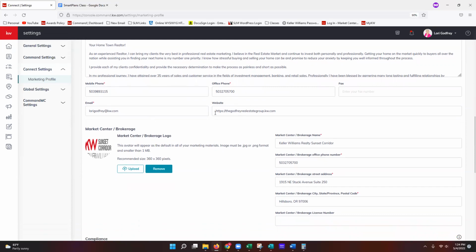Then we have our email and website. For email, this is going to be whatever email you guys are using on all of your marketing. This is going to be the email that you guys correspond with your clients through. So make sure that is spelled correctly and it's an inbox that you check frequently. For your website, there's a couple of things I want to go over for this, especially if you're using the command provided website that ends in